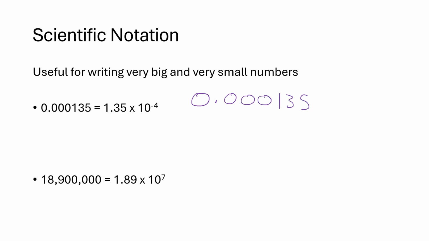To turn that into scientific notation, we need to move the decimal place over until there's exactly one digit to the left of the decimal place. So we're going to take that decimal as it's written right there, and we're going to move it 1, 2, 3, 4 times. If I rewrite that number, it'll be 1.35, and then we're going to multiply by a power